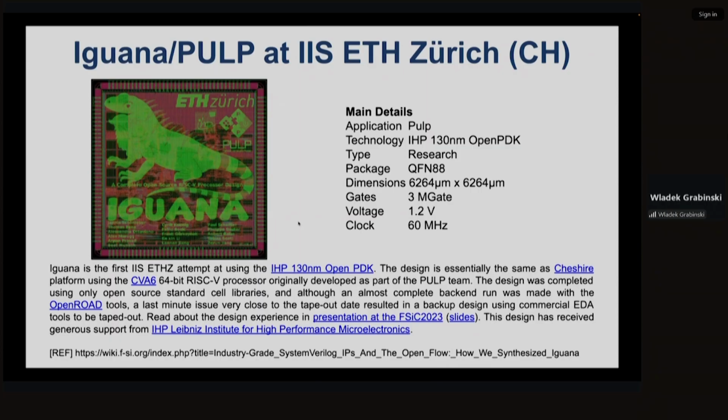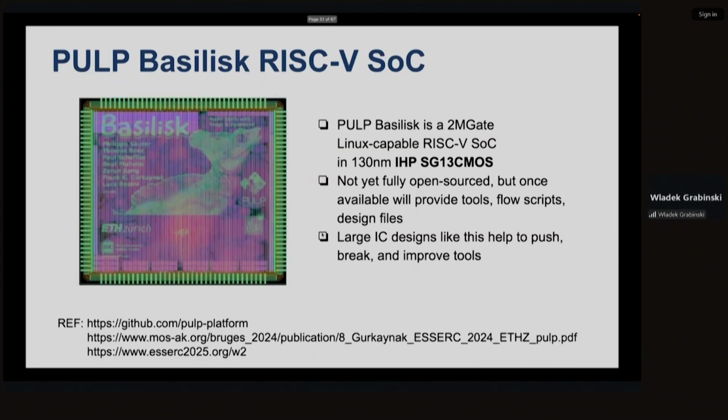We have partners at ETH in Zurich. They are experts in digital design and submitted a couple of quite advanced implementations of 64-bit RISC processors, fully designed with open source tools, implemented using IHP OpenPDK, manufactured and successfully tested.